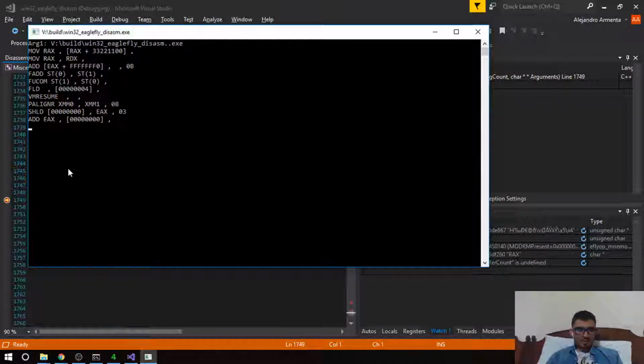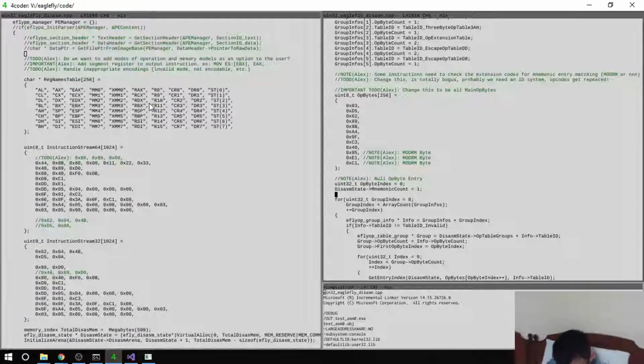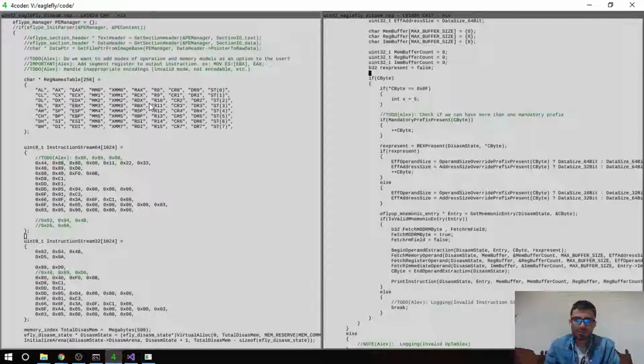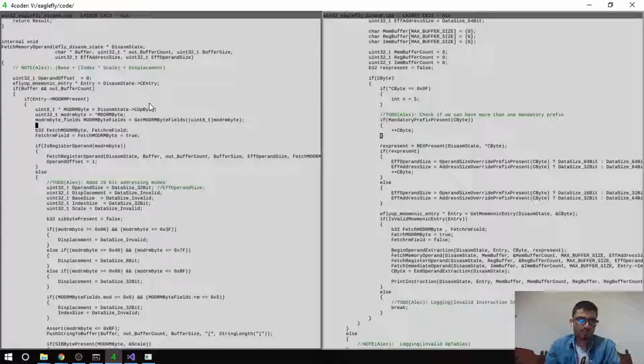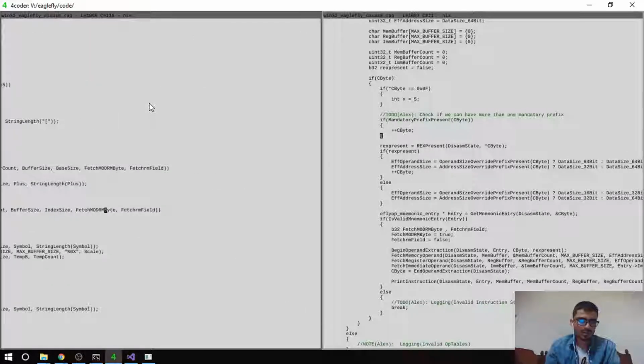So yeah, let's do that change there, so we can just see the correct thing there. So the first thing I would like to see and to do is, okay, so the thing is correct. Now we need to use the thing we had on the fetch memory operand, which was here, over here. We pass the index size,